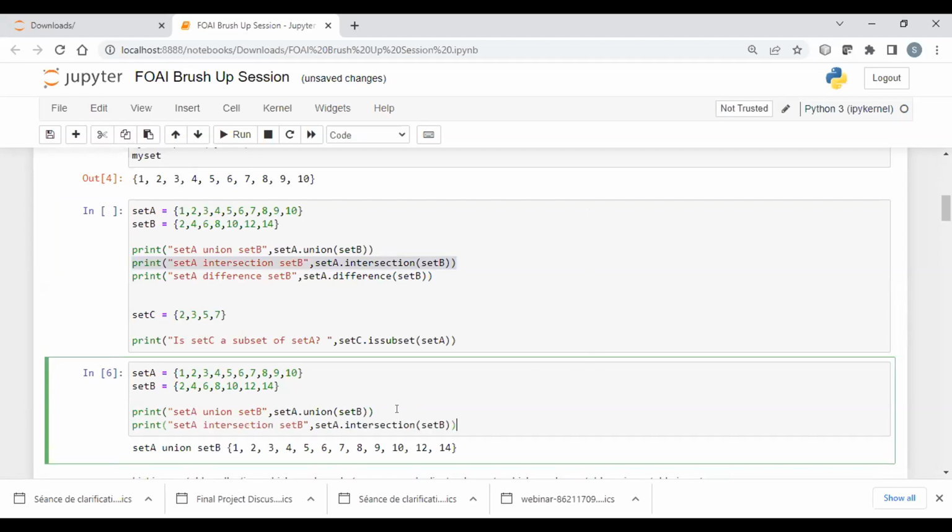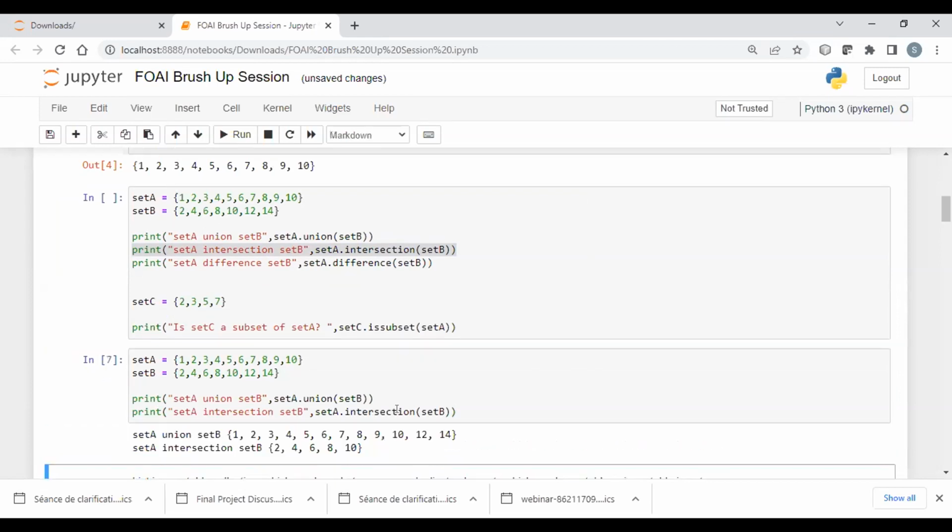Now let us see what happens when we use the intersection functionality. If you see the intersection functionality, it basically shows up all the common ones that are present in both A and B. Only those elements will come out after intersection which are present in both A and B. Looking at both the sets, we have number 2 that is present in both.